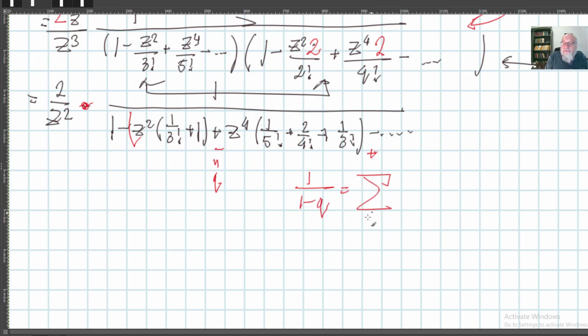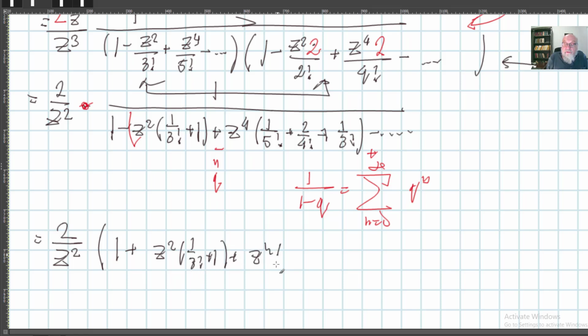You are getting the sum n equal 0 to infinity of q^n, and you obtain that this is equal to z squared times 1 plus, and then you have here z squared 1 over 3 factorial plus 1 plus z^4 times 1 over 5 factorial plus 2 over 4 factorial plus 1 over 3 factorial